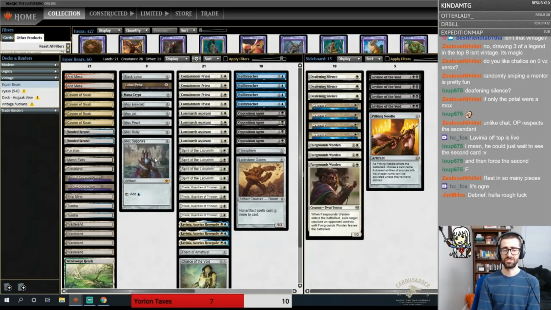The Opposition Agents were, there were spots where they were theoretically good, but holding up mana for it is a little bit awkward when I don't have too many other instants other than Hullbreacher. And Hullbreacher was very...